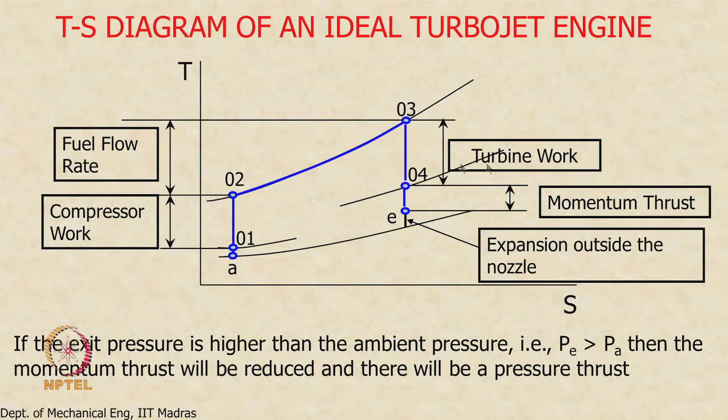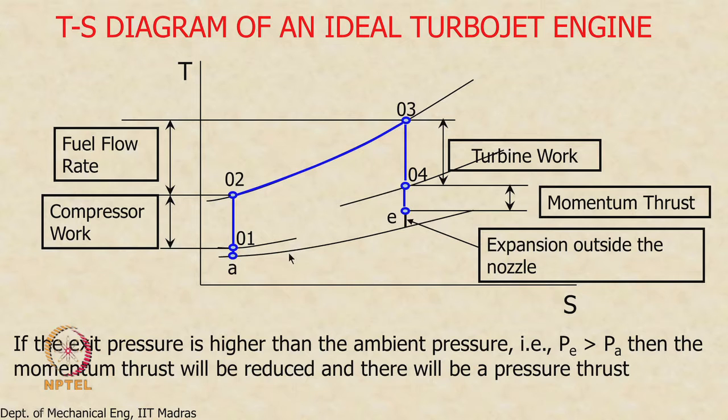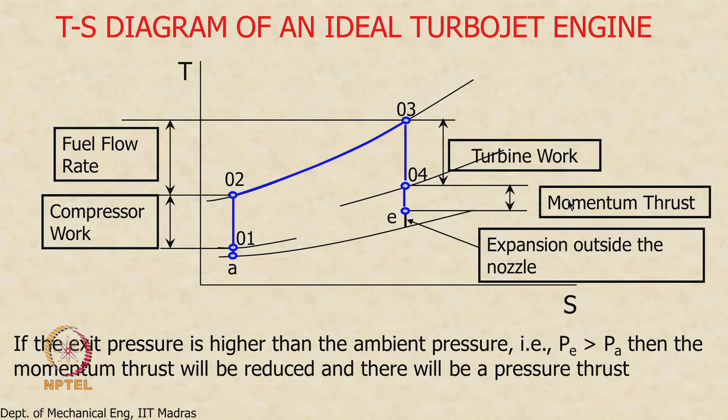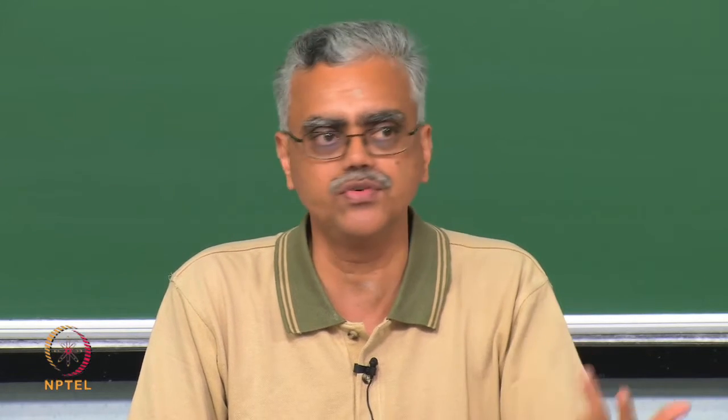Right. So you see the different terms here, and what we are going to try to see next is how the thrust is affected when we adjust the different parameters in the cycle. What are the parameters in an ideal turbojet cycle? There are only two parameters. One is the pressure ratio, right? The other one is the turbine inlet temperature. These are the only two adjustable parameters in the cycle. So what is the effect of adjusting these parameters on the performance, on the thrust and the fuel consumption? These are the two things that we are looking for, thrust and fuel consumption. Right? So let us take a look at that next.